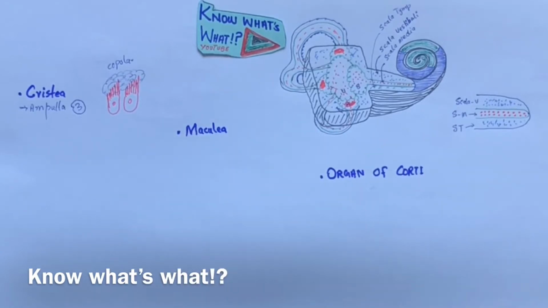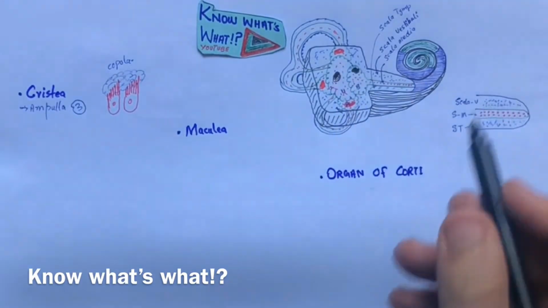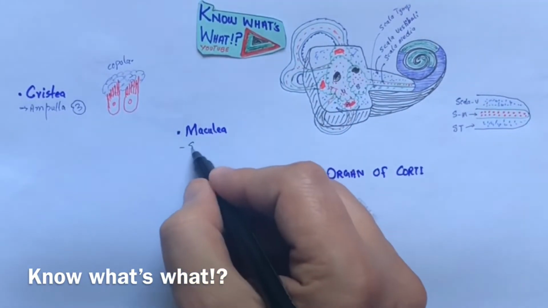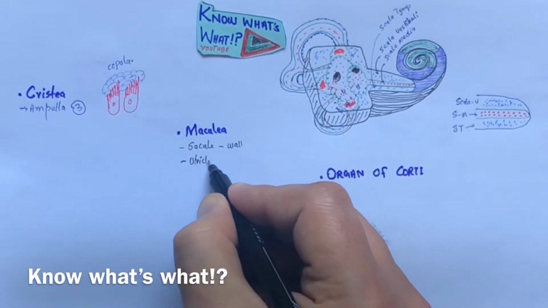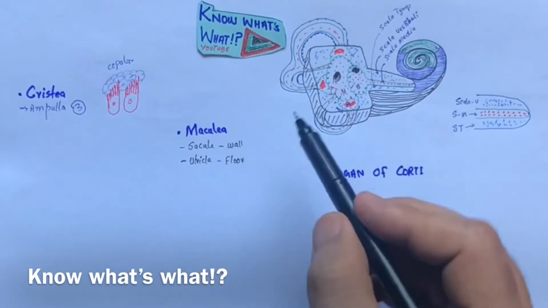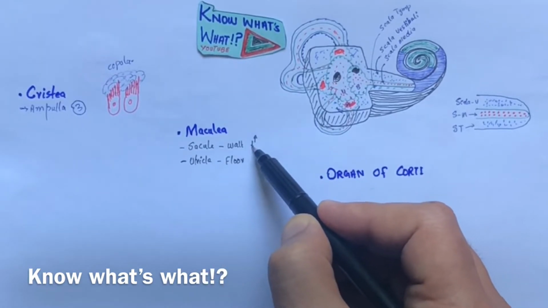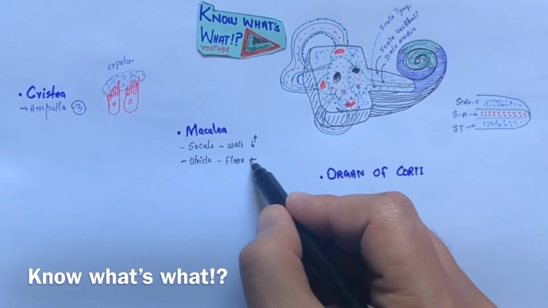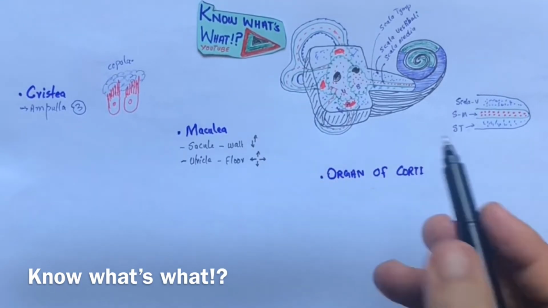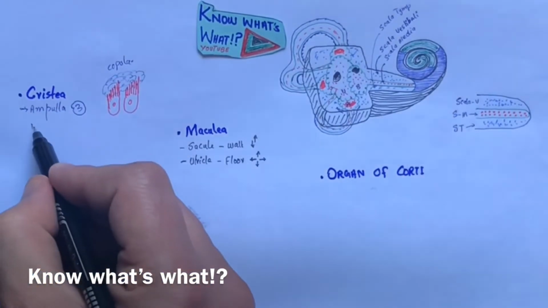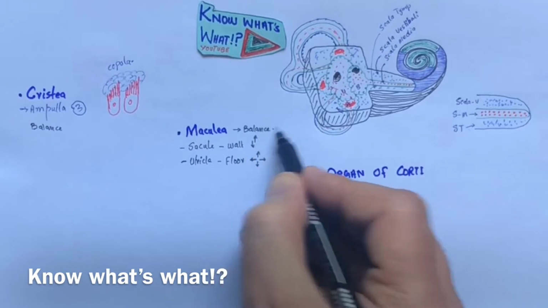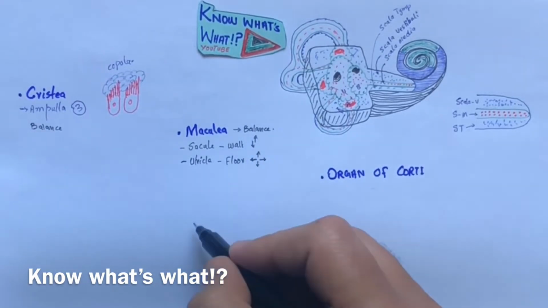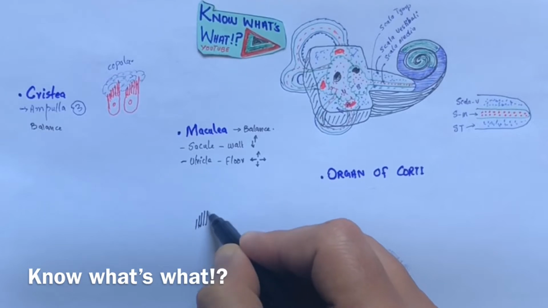And if we look at maculae, it is in the saccule. In the saccule, it's on the wall, which helps you to detect the balance of the head when you're going up and down. And in the utricle, it's on the floor, which helps you when you move your head forward, back, and to the sides, right? So the maculae and the cristae, they are for the balance. If we draw one cell here for maculae and show the sensory epithelial cell of maculae,